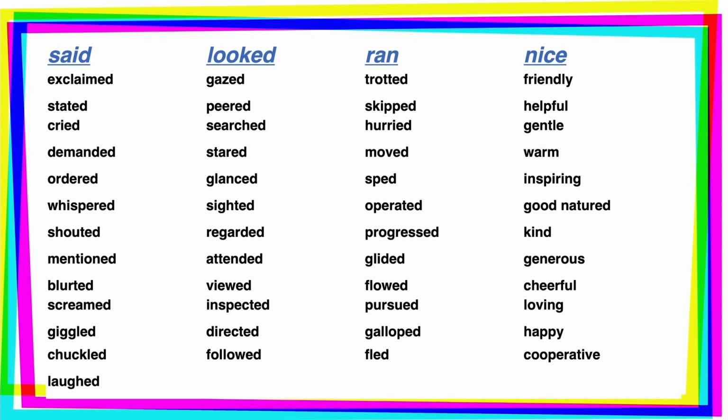Skipped, you can see the person bouncing as they move. Even trotted is a type of a bounce. Horses trot, but it's the way they do it. Skipped is a different kind of beat. When you see these words and you use them, the reader can envision a picture. Galloped, you think of a horse.